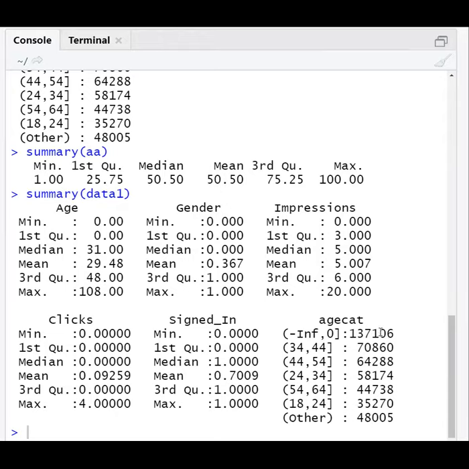Then 34 to 44 has 70,000, 44 to 54 has 64,000, the next one is 58, 44,000, 35,000, 48. Like that it prints how many entries there are. So this is the summary method that we are running on this code.